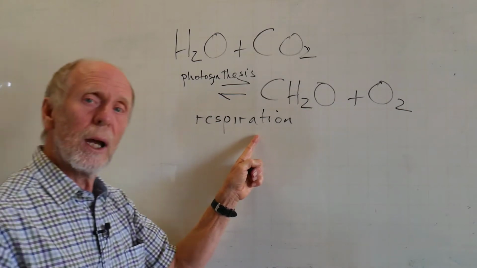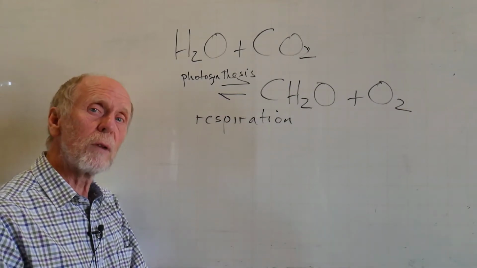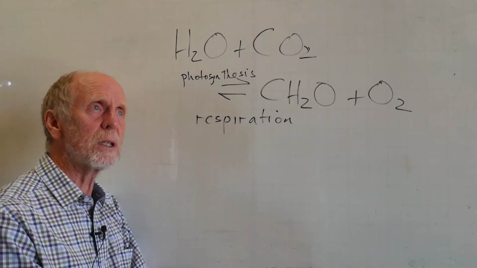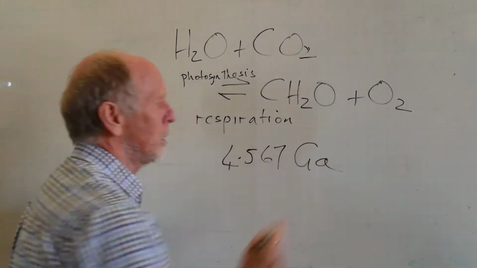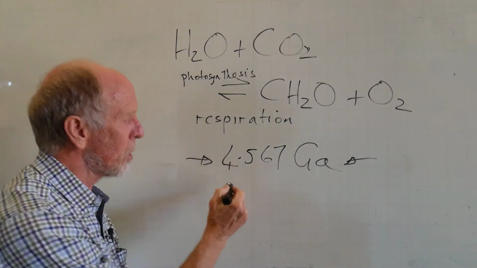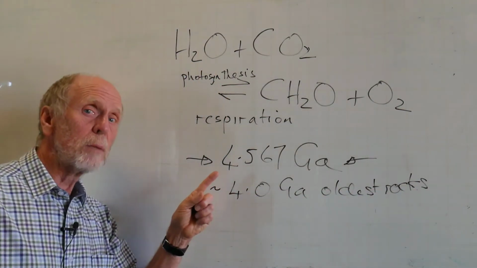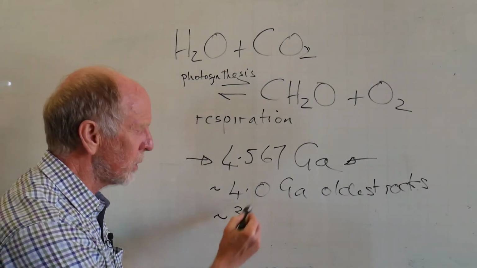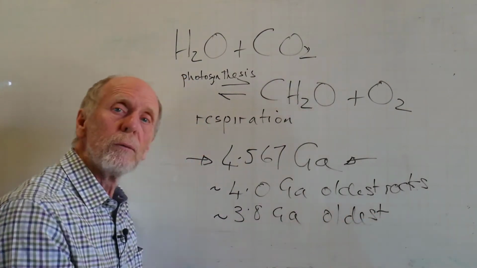This only developed after the development of the Earth at 4.567 billion years ago. The oldest evidence of life we have, photosynthetic life, is on the scale of the Earth's existence not that long after. But let me just put the numbers up. We've got pretty good evidence that the Earth was first formed 4.567 billion years ago. The oldest rocks we have are in the order of 4 billion years. We've got rocks from our neighbor, the moon, which are older than that, which are very close to this. The oldest evidence of life we have is of the order of 3.8 billion years, in places like the Pilbara of northwest Australia.